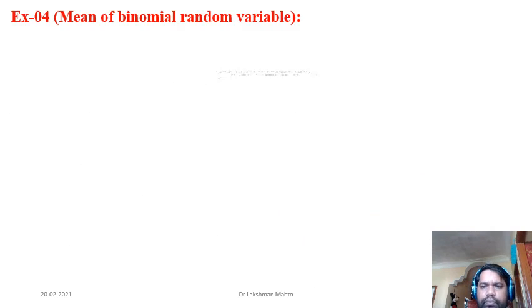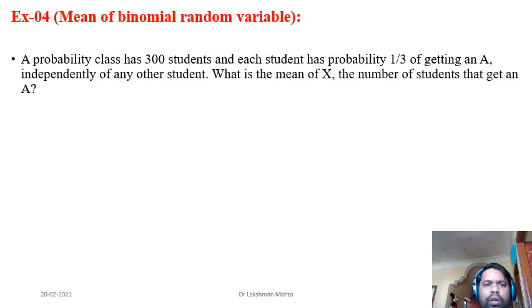Going further, I will talk about the mean of a binomial random variable. If you have various random variables, then based on those random variables, further you can define joint random variables. So mean is one of the quantities of several random variables. If you observe a binomial random variable, it is just a function of Bernoulli random variables. Binomial itself can be defined with the help of Bernoulli random variables. Now you have a binomial random variable, and we are trying to find the mean of that binomial random variable. What would that be?